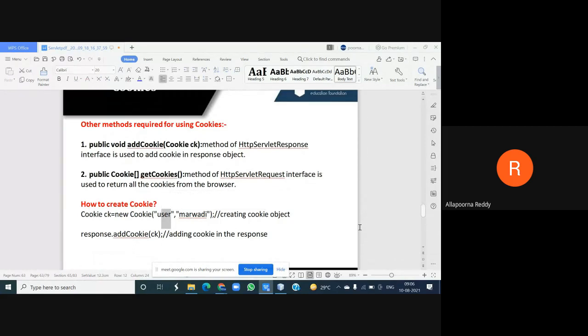Now I need to store it, so I add it to the web browser of my client machine, and that adding can be done with the help of whom? With the response. So response.addCookie. You can find the method response.addCookie. And what is ck here? ck is my object. So this is creating a cookie on your client machine.